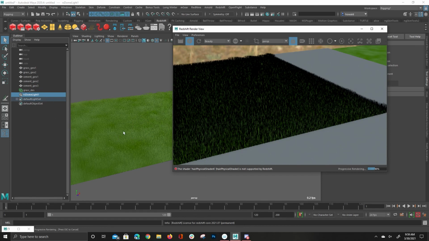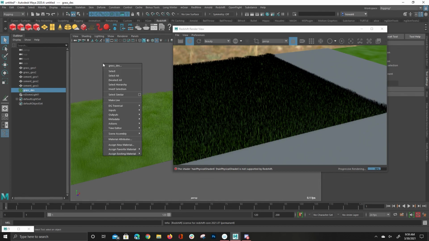So we have a couple options. You could put a hair material on there, but you know, grass isn't hair. I would just go in and, to be honest, just throw the same material that's on the ground. So I'm going to select the description, go down to my Redshift material, and probably a good idea to label these things. That has the ground on it, which I think is this guy. And if I apply that,